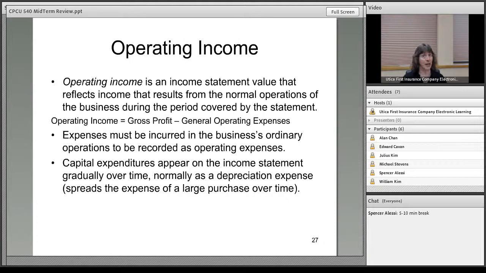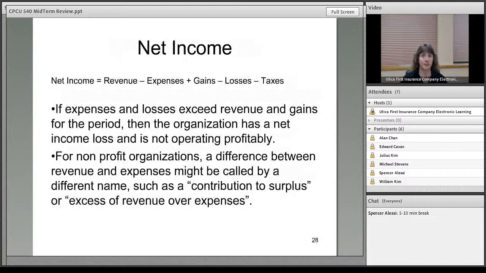Operating income. Remember, whenever you think of operating income, remember it's what it costs to operate the company. That's your gross profit minus your general operating expenses. Those are the expenses to actually run the company. Net income. Just talked about it. There's that formula again. And if your expenses and your losses exceed your revenue,